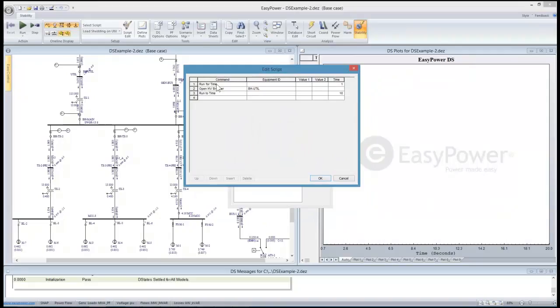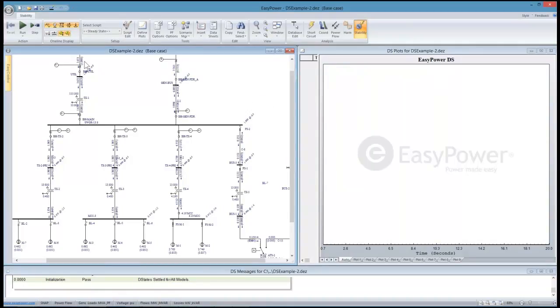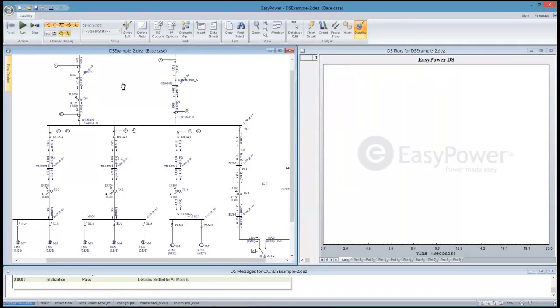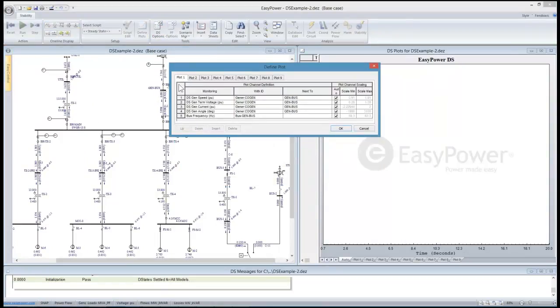So essentially, we're going to run the simulation for 1 second, and we're going to open that same breaker that we were talking about, and then run for another 10 seconds. But this time, instead of just looking at the voltage and current in this one particular leg, we're going to define some specific plots. On plot 1, we want to see the generator speed for the cogen, the voltage on